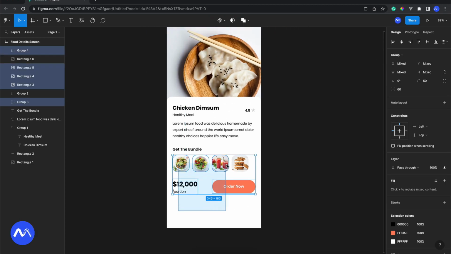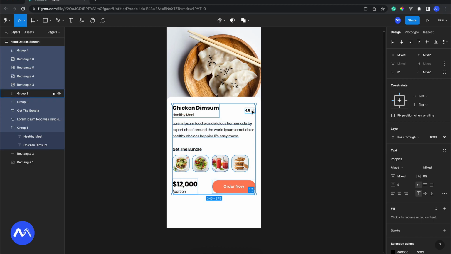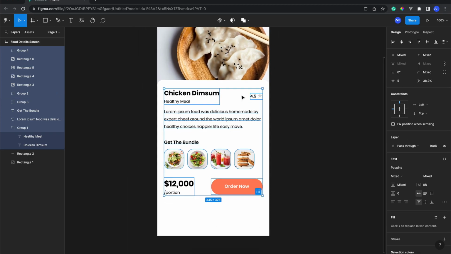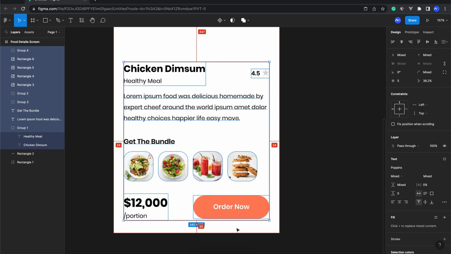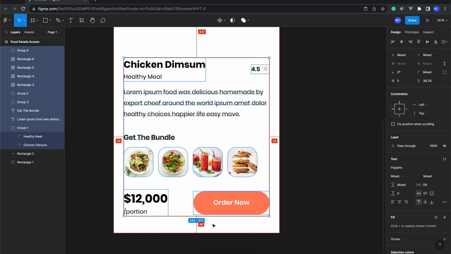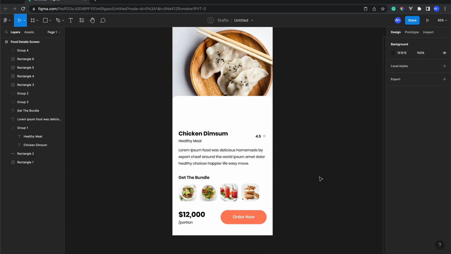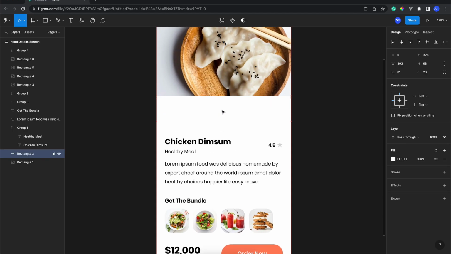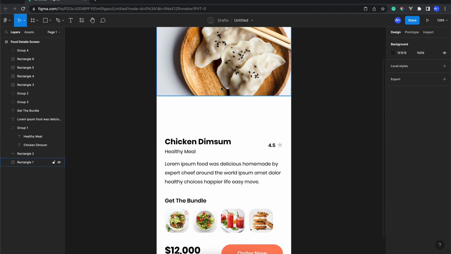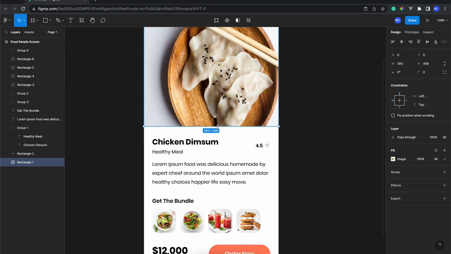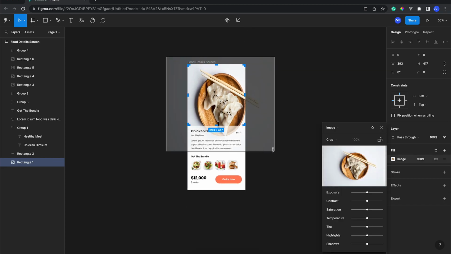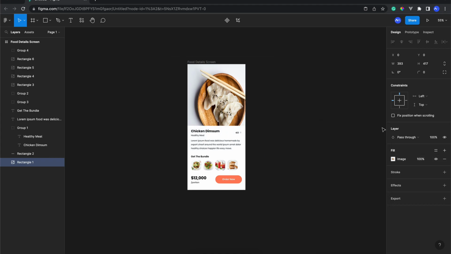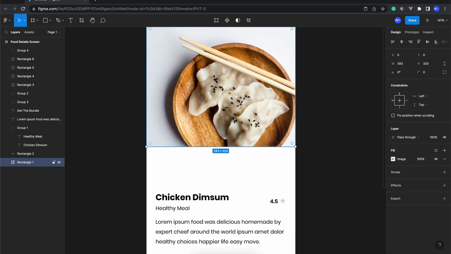Okay, and then for the next one, I'm just gonna select all of these elements and put them to the bottom, like maybe 40. The margin top is supposed to be enough, right? So for the rest, I think I'm just gonna make it like less space and more picture. So we just stretch like this. Okay, or we may just change like this, but it's not that good. So what we're gonna do,